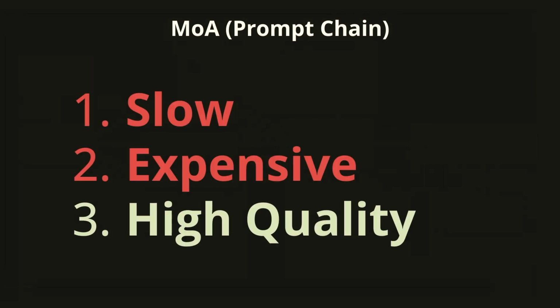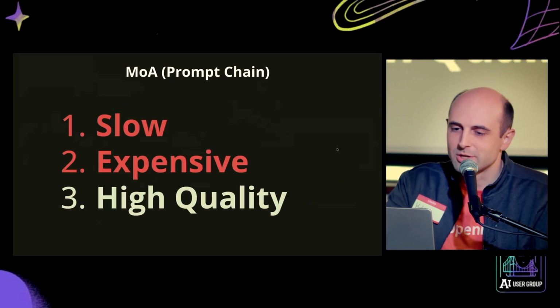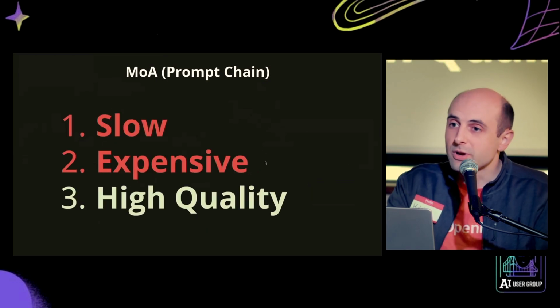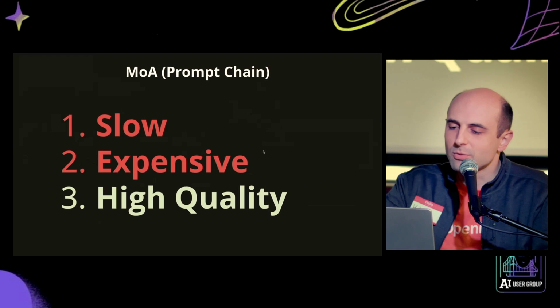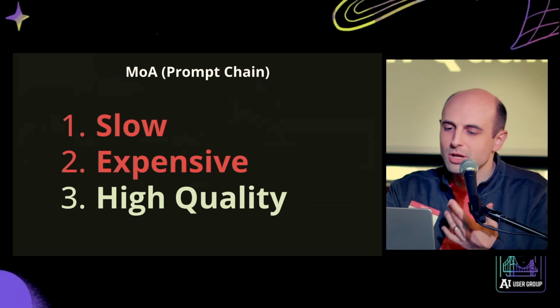Okay, there are some downsides though. It's slower, because remember we're calling our LLM 3 different times with 3 different pieces of information compared to a single call. It's more expensive. Those 3 calls are going to cost at least 3 times as much. And of course, on the positive side, you are on average going to get higher quality completions. And on our team, we validated this. We actually have the top entry right now on both the Alpaca eval and Chatbot Arena hard auto benchmarks using literally exactly this technique. So the quality is there, but again, it's slow and expensive.